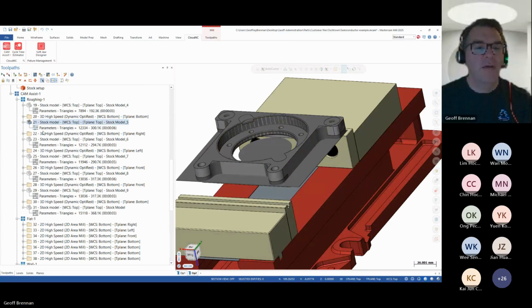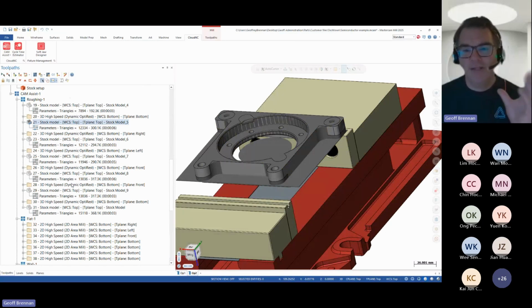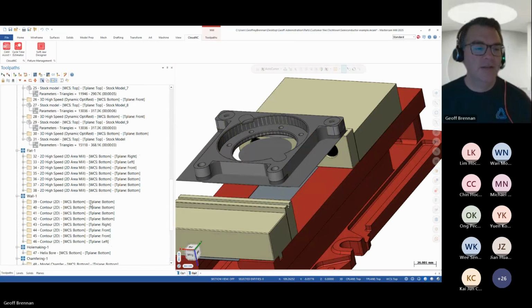So if the customer only has a 3-axis machine, for instance, let's say it's a cubic type shape, if you set up your 6 sides to machine as 6 operations, but you calculate them in CAM Assist altogether, it will account for the rest machining between those operations and be a lot more efficient. You could do it individually, but it's going to do probably a lot of air machining passes on those subsequent toolpaths because the stock itself is going to be defined as the cube.